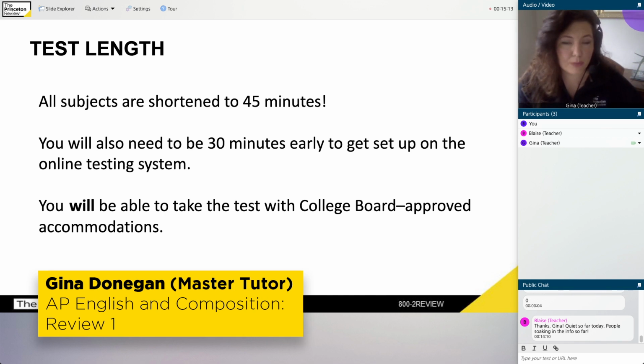If you are eligible for any accommodations such as extended time. And by the way, these accommodations are usually available to people with documented learning disabilities. You will be able to receive those accommodations on the College Board AP test. So that's another reason to go to My AP and find out if you're registered and also find out if you've been approved for those accommodations. That way, if for some reason it's not showing up in your account, you have time to contact the College Board and get that remedied.